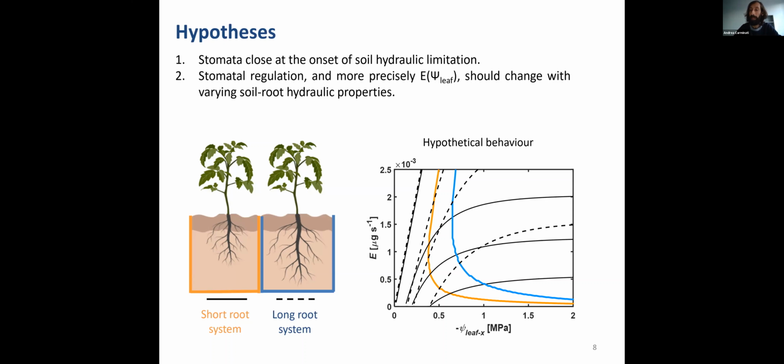So a longer root system should give a more linear behavior in this transpiration versus psi leaf space. And then I should have a later closure of stomata. So stomata for the short root system should close at a less negative water potential, let's say here before 0.5 megapascal, while with a longer root system they should close later. Now, Mohanad